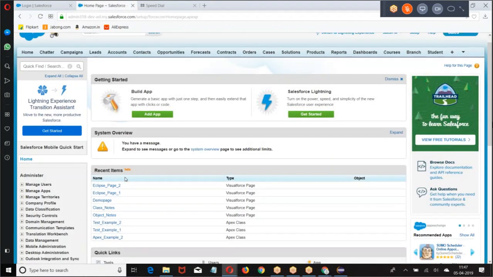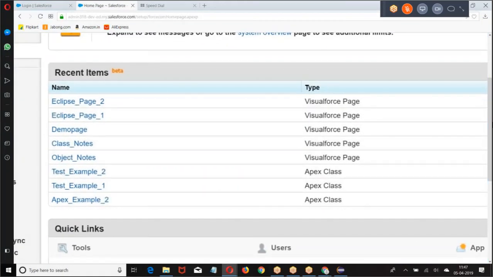Then what you are finding here? Eclipse page 1, page 2. They are deployed to this organization.